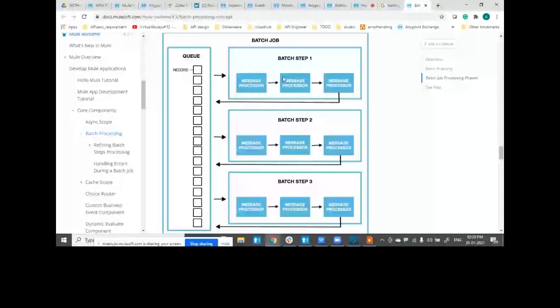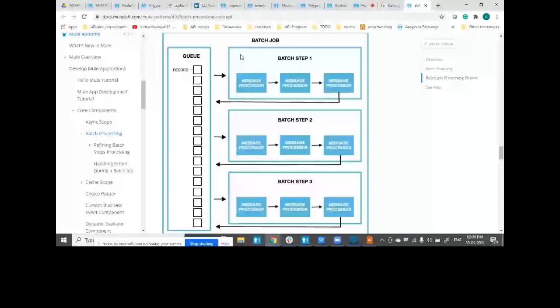Depending on the batch block size, a block of records will be pushed into a queue, and a particular thread is responsible for the entire block. When execution starts, each batch step gets only one record at a time per thread. By default configuration, there are 16 threads running in parallel, so 16 records get executed in parallel, but one thread is responsible for the entire block,